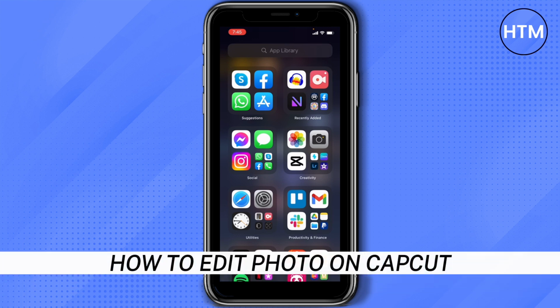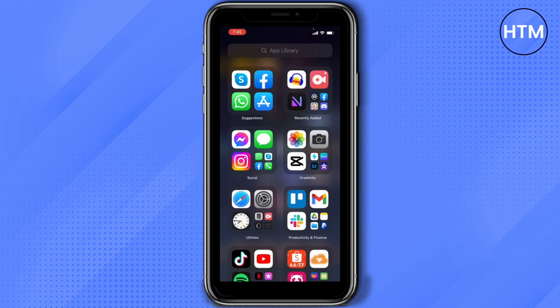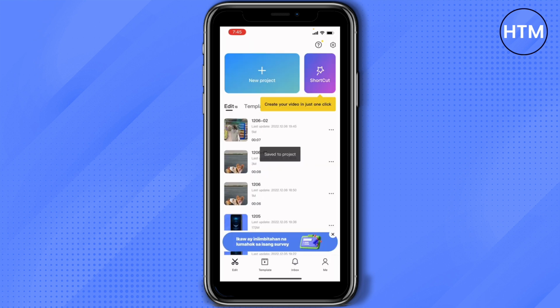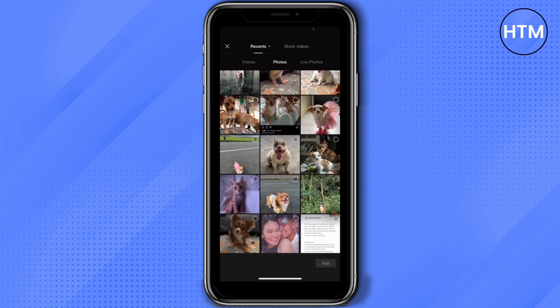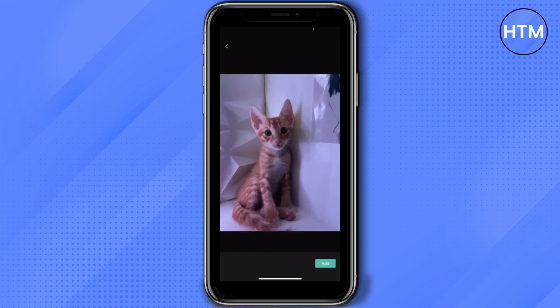Today I'm going to show you how to edit a photo on Capcut. So first, open your Capcut. Once you're on the home page, tap on New Project. Then select the photo that you would like to edit. In my case, I'm going to add this one